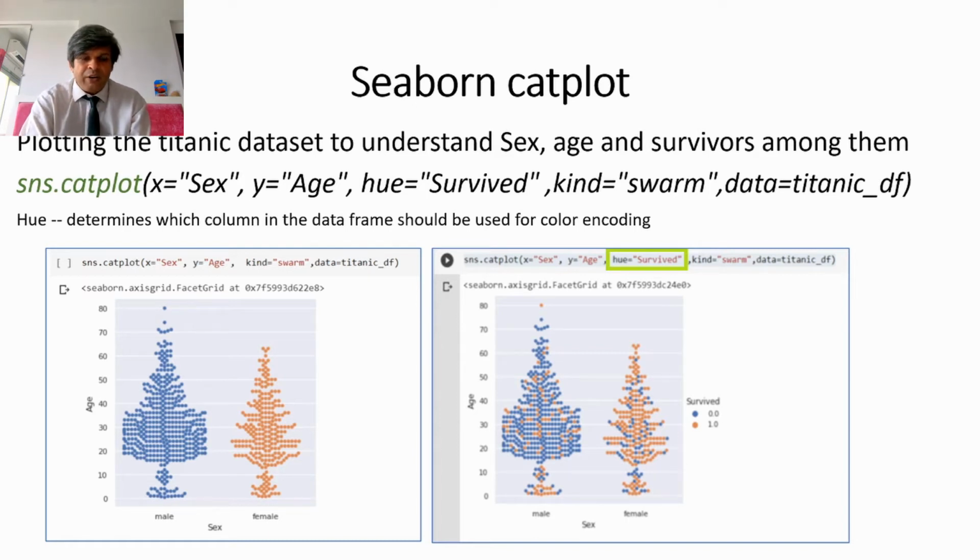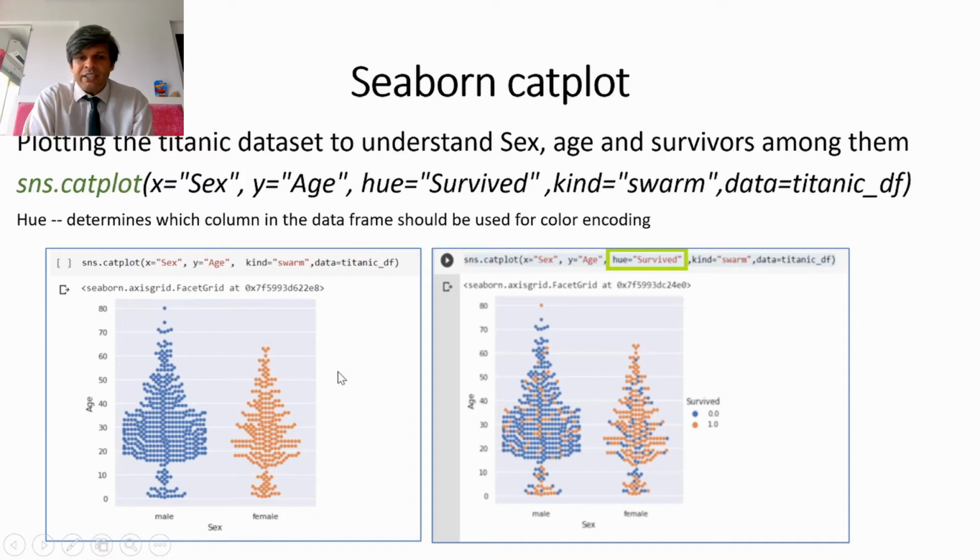Yeah. So I have done two plots over here. If you see this, this is the code sns.catplot, and I give the x and y, and I give the kind as swarm, and the data I'm using is Titanic under df, which is the data frame we have defined using pandas. Okay, so this shows a graph of male, female, and the age of male and female passengers.